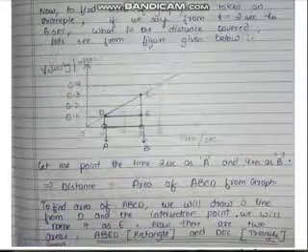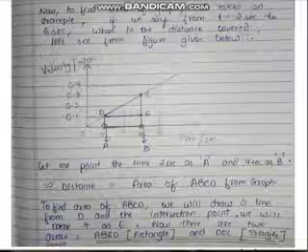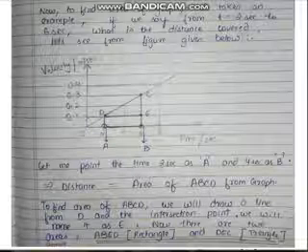AB, what is AB? B point is 6 and A point is 2. So 6 minus 2 is equal to 4, I'll get AB is equal to 4 meter because this is the length, so I have to write in meters. And what is AD? AD is equal to 0.1. You can see this straight line from here, it is 0.1. So I will write AB as 4 and AD as 0.1.